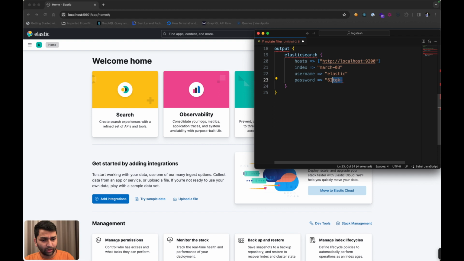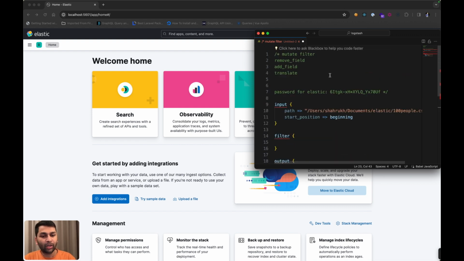So just in case you don't remember the password from last session, or you might have missed it, because when you run Elasticsearch first time you will get the password, but in case you have missed it, you have a binary in your Elasticsearch folder. So you go into bin/elasticsearch-reset-password. I'll just write it down over here. So you just execute elasticsearch,